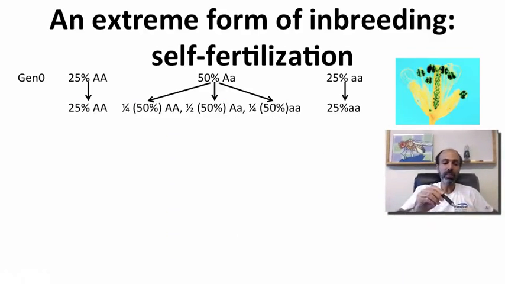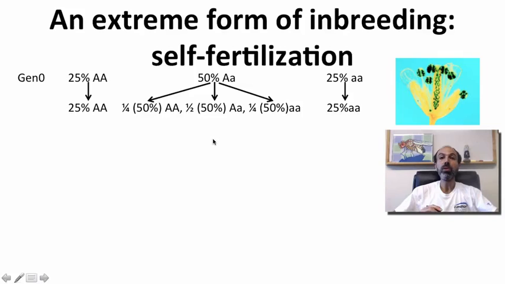Well, the big A individuals will obviously produce more big A individuals, because that's all they have. It's big A crossed to big A. Little a individuals will produce more little a individuals. But the heterozygotes will make a spread. They'll make some big A individuals, some little a ones, and some big A little a ones. So we take this 50%, and a quarter of it goes to big A, a quarter of it goes to little a, and half of it stays heterozygous.